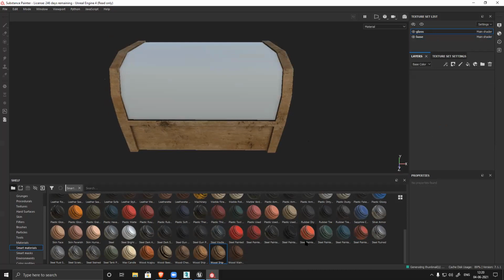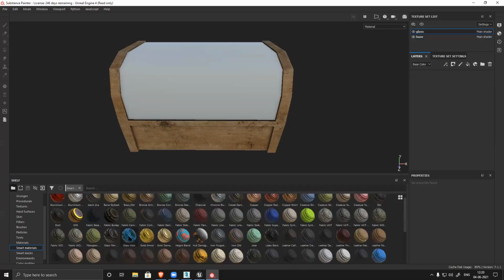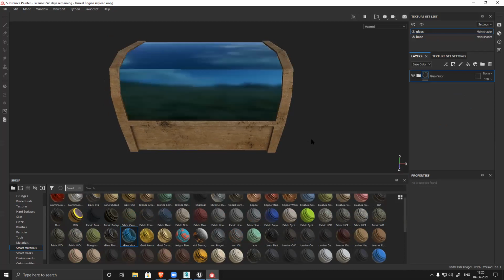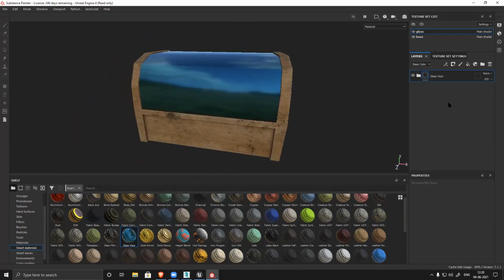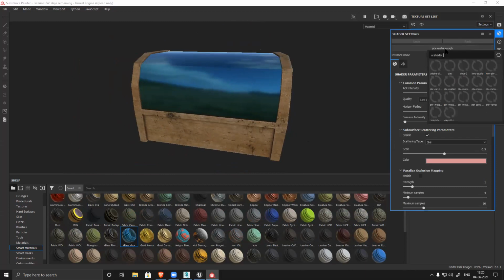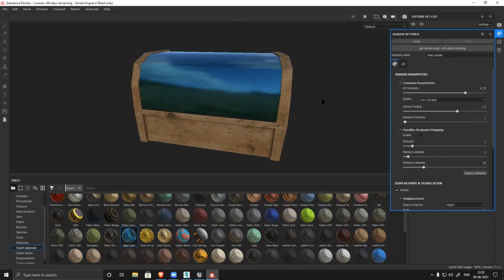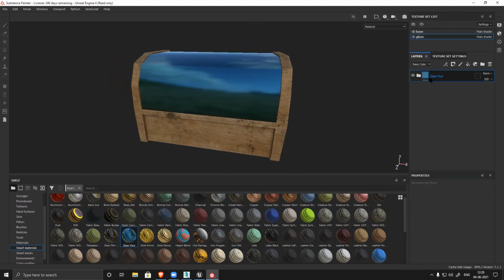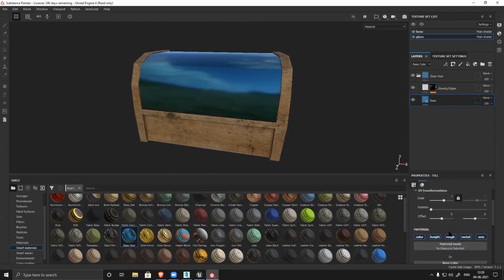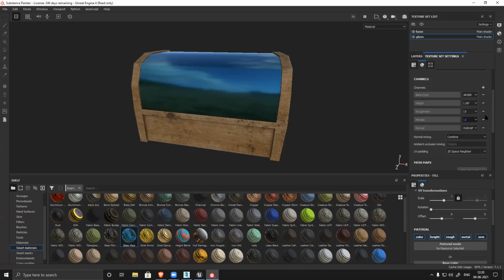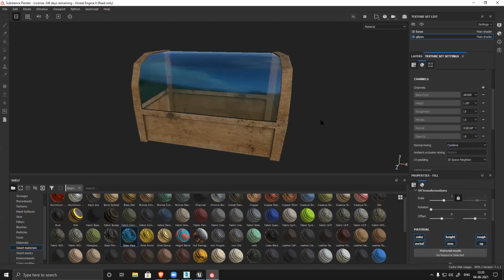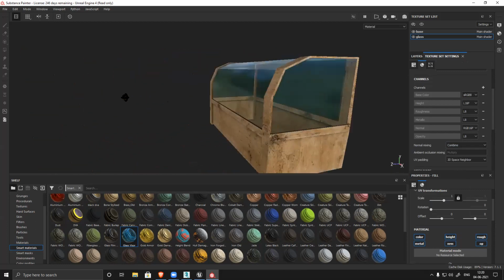And for glass, you can see there is a material called glass visor. If I drag drop this, it becomes a reflective surface, but it's not transparent because I need to change the material setting. Change this to blending because I want to make it translucent, but not 100% transparent. Select this, go to base, and I opened it, but still opacity I haven't added here, so I have to add opacity channel here also. You see, the moment I added, it becomes transparent.